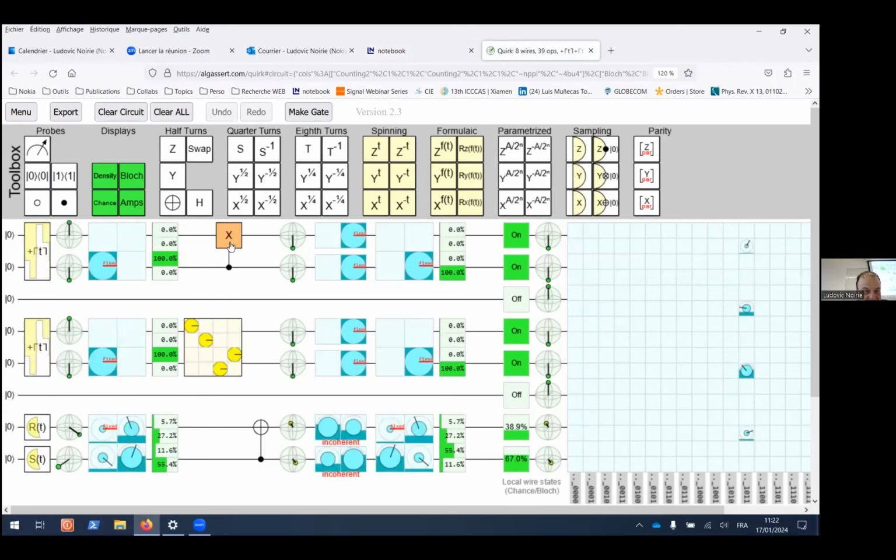But if you look at the two qubits, so to look at the coordinates for the two qubits, you use the same gate here, but on the two, and you see that you have something that is well defined. If you look at the two qubits at the same time, with the different amplitude coordinates for 00, 01, 10 and 11.